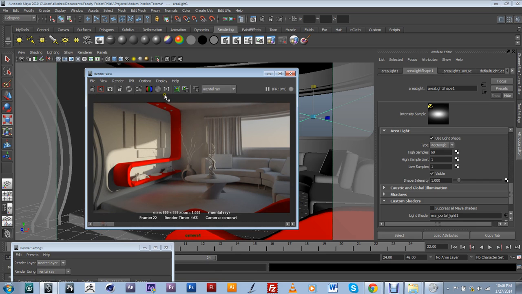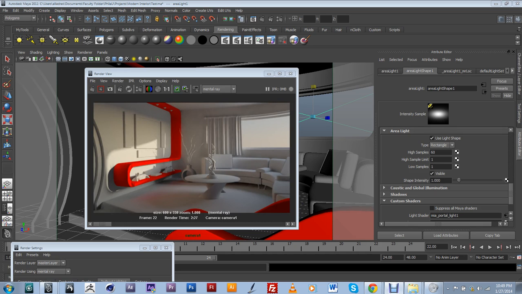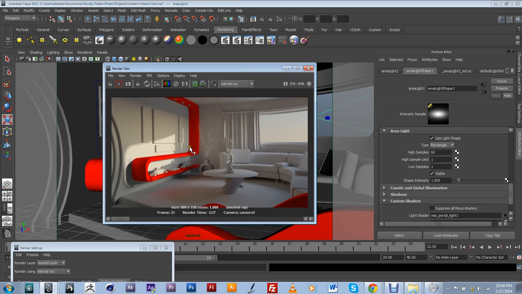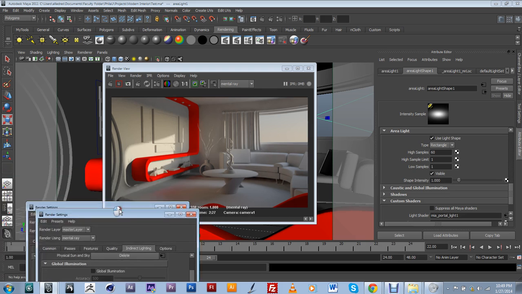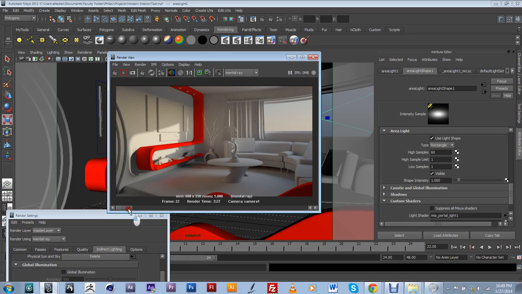I'm also going to go ahead and keep this image so I can start comparing the difference between the different types of tests that I've been making. So render, and I'm going to pause the video. Okay, now I'm back, and again, this result is a lot better than what we previously had. And again, I'm going to make sure I make a copy of this. It took 2.5 minutes,